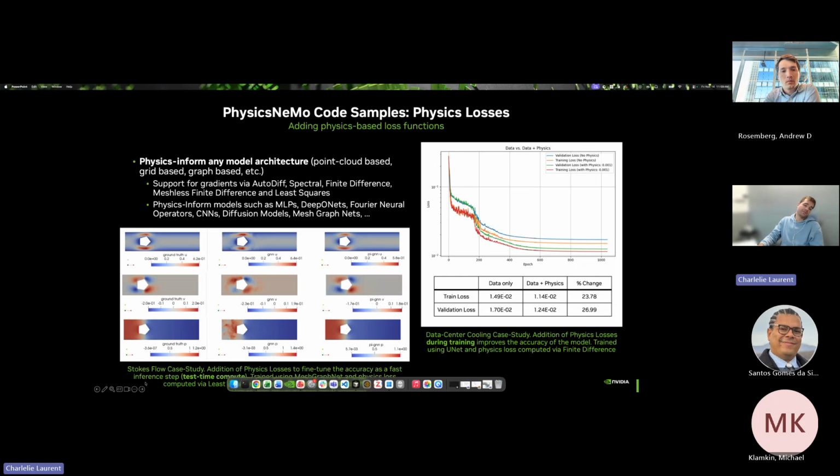So what we see there is very obvious: all those artifacts in the flow field and the pressure field when we have a purely data-driven approach. Just adding the loss acts as a kind of regularization term, and we can almost perfectly match the solution. Actually, this is a very interesting problem. I'm not sure if you guys are doing research on this, but it is a very